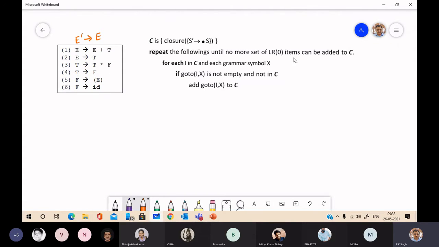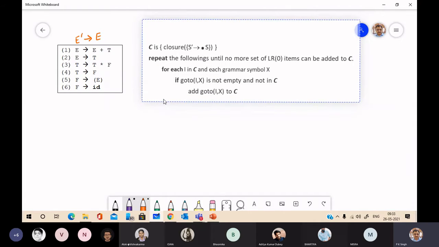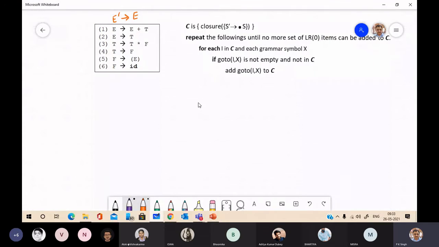Now we compute the items. The first item set is I0, which will contain the kernel item E' to dot E. This kernel item says about the start of the parsing.